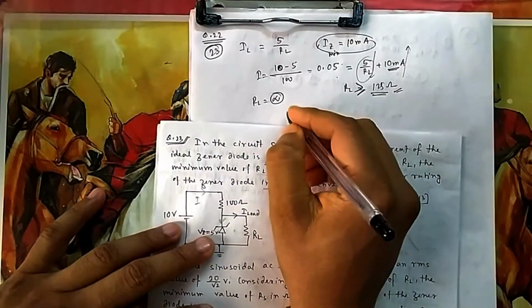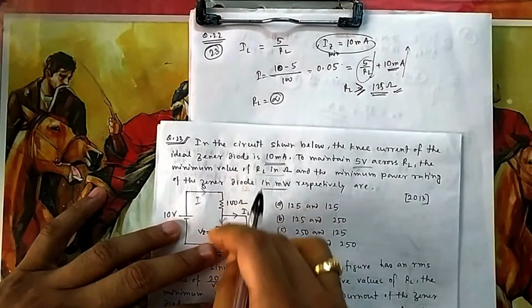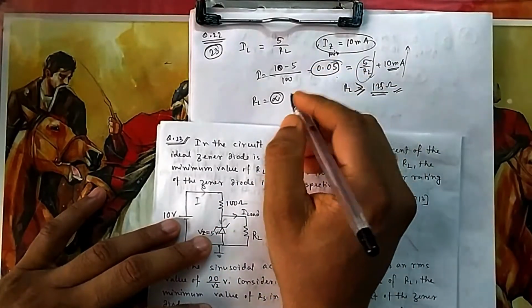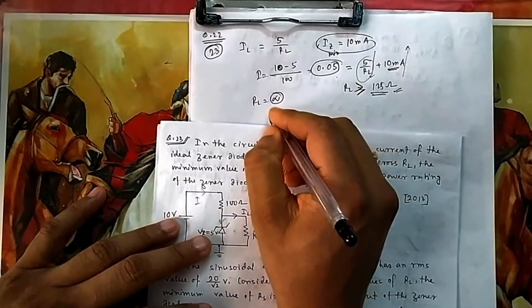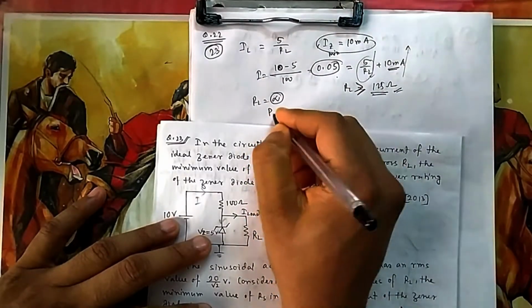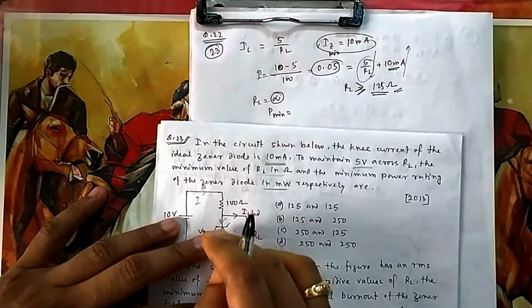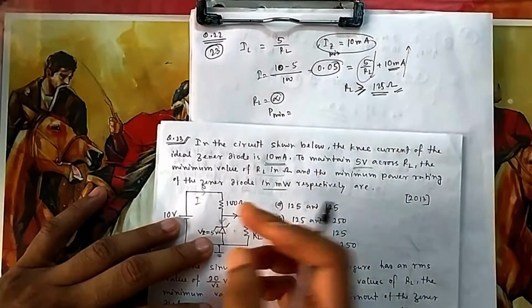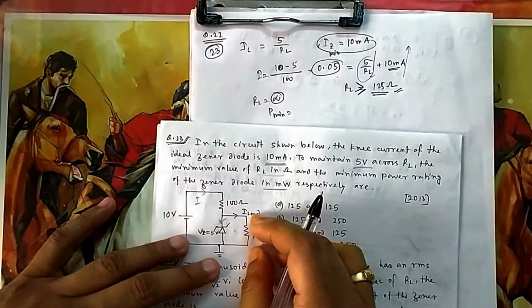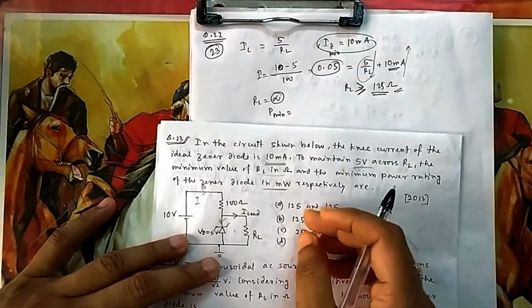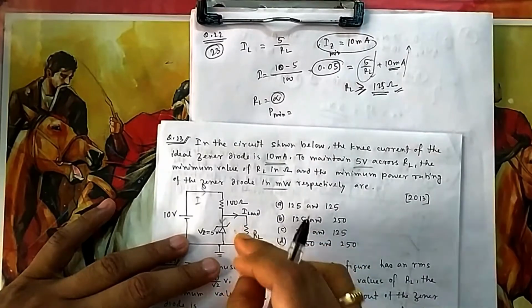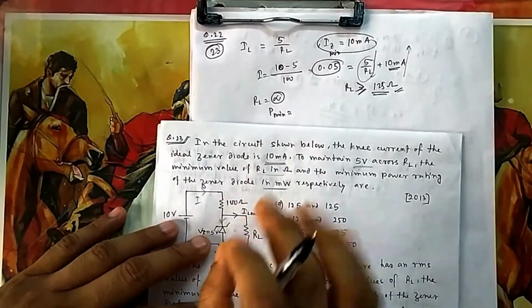So what is that then? If RL is infinite, then all current will flow through the Zener. That means I will flow through it. What is I? 0.05 ampere. So that's why for the worst case, the minimum power rating it should have is based on that. If it has more than that, then it's okay, there is no problem. But minimum that should have, because you are connecting it in a circuit, accidentally this RL may go out also. No load is connected. That case also can happen. So in that case also it should not burn.